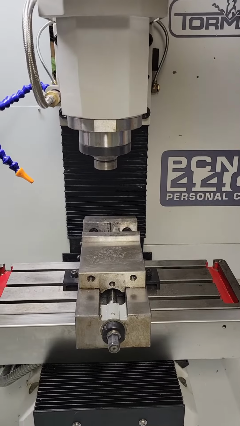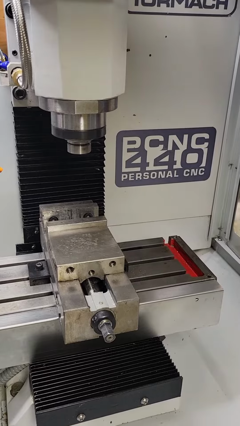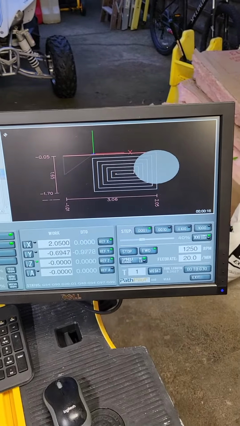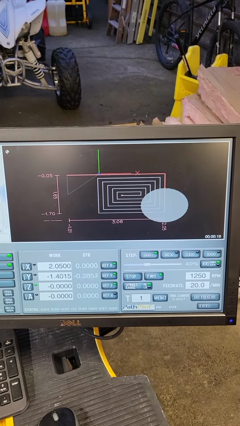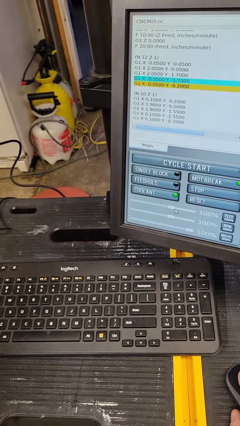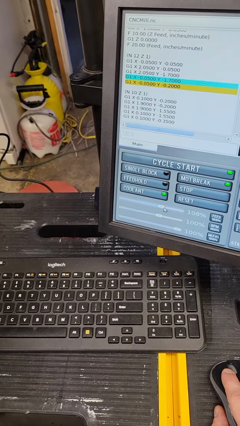And we'll just watch it go through this. It's moving on the machine. You can see the path right there that it's following in the conversational. I can increase the feed rate to 150%,